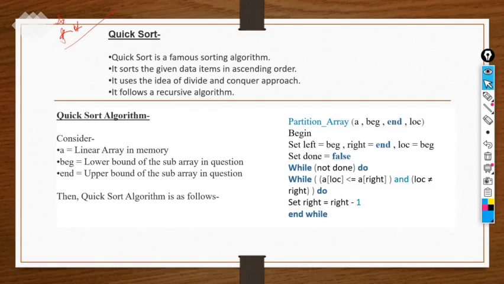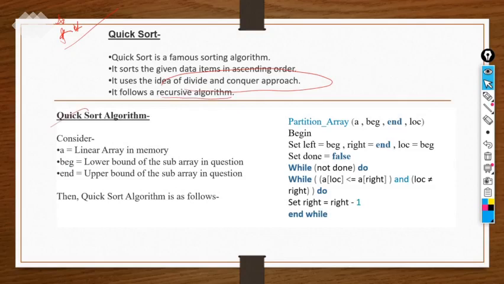But if there are already sorted elements in the list, then it is the worst sorting algorithm to use, because it is more time taking, and it will give you the worst analysis at last, because it was already in sorted form. So you have to apply the quick sort algorithm when the elements present in the list are totally unsorted. Okay, so this uses the divide and conquer approach, and it follows a recursive algorithm.